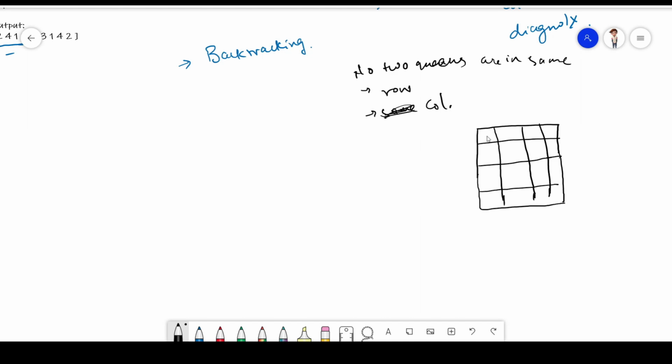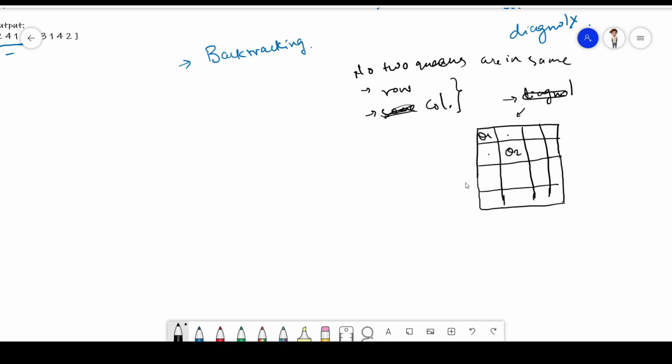So for example, if I place my queen 1 over here, I cannot place queen 2 in the same row or column. I have to place the queen such that it is not in the same row and same column. Can I place it here? Yes, I can. Till now I am not checking the diagonal, so according to this, I can place it over here.